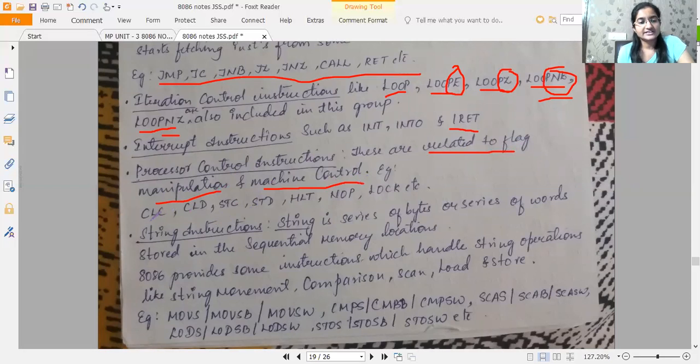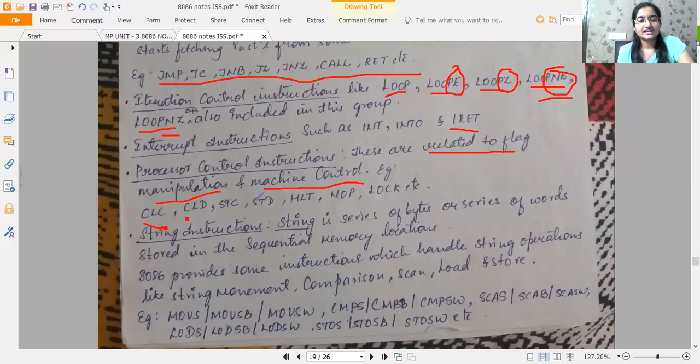For example, you have CLC. What does this CLC do? Clear the carry bit of the flag register. You have carry flag in the flag register, isn't it? Clear the carry flag in the flag register. Yes. Okay.